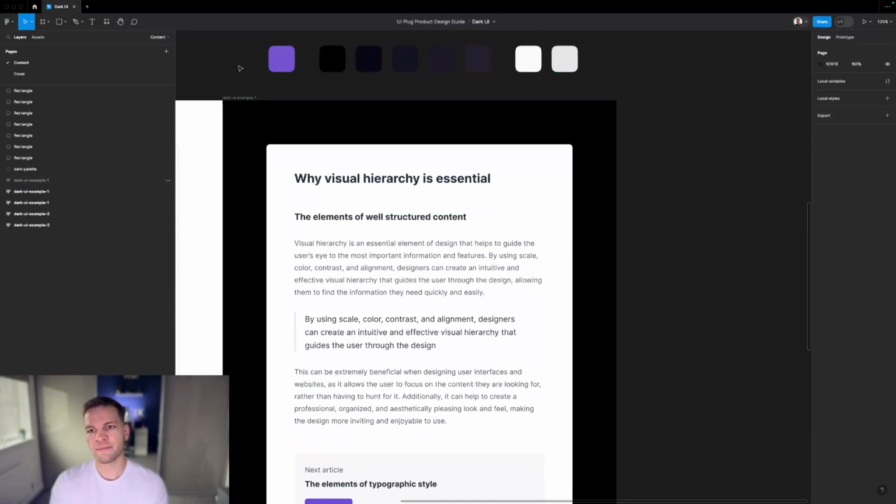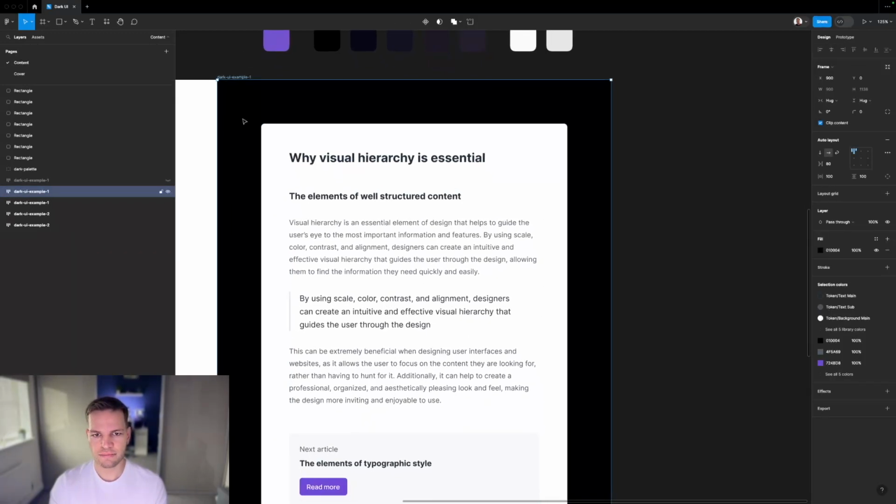One thing to remember is that when we're thinking about the natural light and how that casts on us in the real world, you tend to find that things that are further away seem darker, and things that are closer to you tend to be lighter. So we're going to use this concept and apply it to our interface using these different shades. So for the darkest, that is applied to the